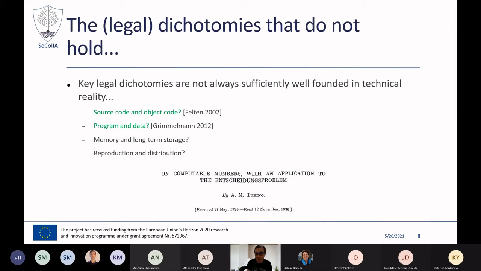Source code can sometimes be executed without an intervening translation to object code. Executable code can be human readable, and so on and so forth. So similarly, arguments can be put as to the distinction between program and data. There was a famous case in the US, so some of you may know it, the Capitol Records versus ReDigi